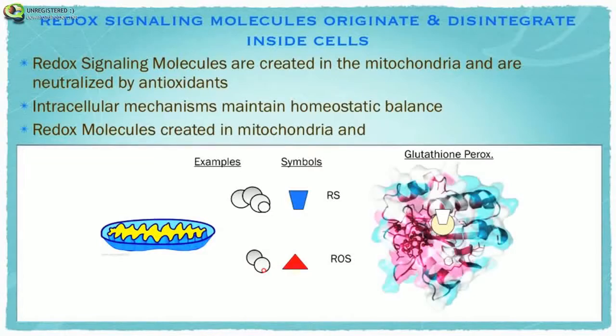So where do these little redox molecules come from? Well, they come from within every single cell. In our machinery, we have little tiny mitochondria. These are structures that produce energy. So a cell takes in food and it converts food into ATP through the Krebs cycle, that process of oxidative phosphorylation. As a side product of the production of energy, redox signaling molecules are generated.